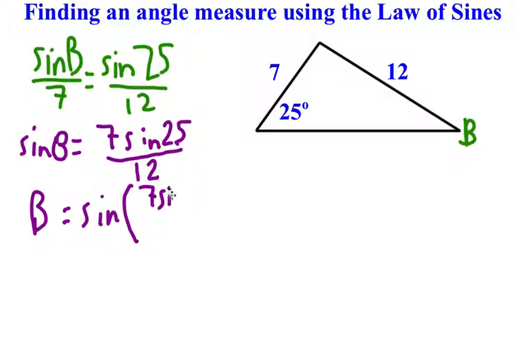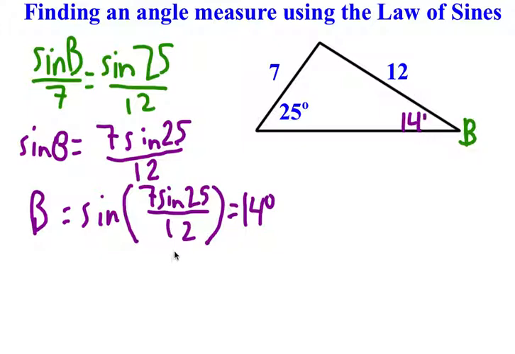I'm going to try to put this into the calculator all at once. That will reduce any intermediate rounding and ensure that my answer is going to be more accurate. So when I do that, and this is where a little bit of practice can come in handy, and I take the sine inverse of 7 sine 25 and then divide that result by 12, I get 14.27, or to the nearest whole degree, which is the level of accuracy we want to go with, that is 14 degrees. That means that this angle is 14,